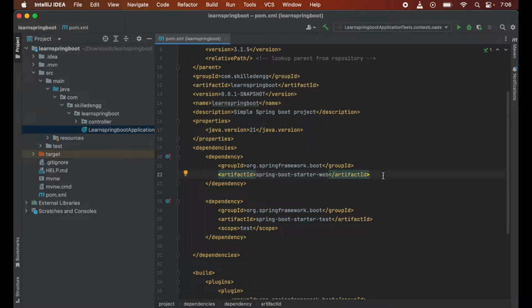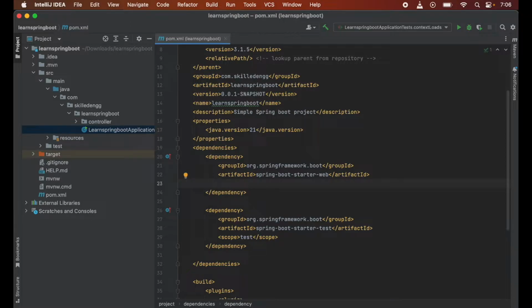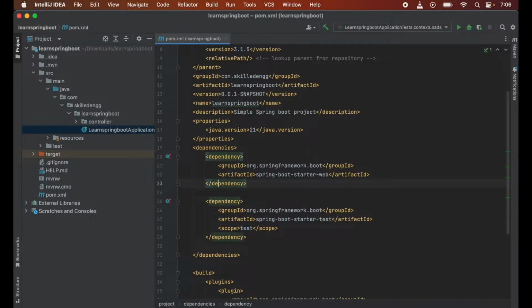Alternatively, if we explicitly specify the scope for this dependency as compile, the behavior of this dependency will be the same as when we had not defined any scope here. So if we define the scope as compile, or if we do not specify any scope here, the behavior will be the same. So this is a default scope.